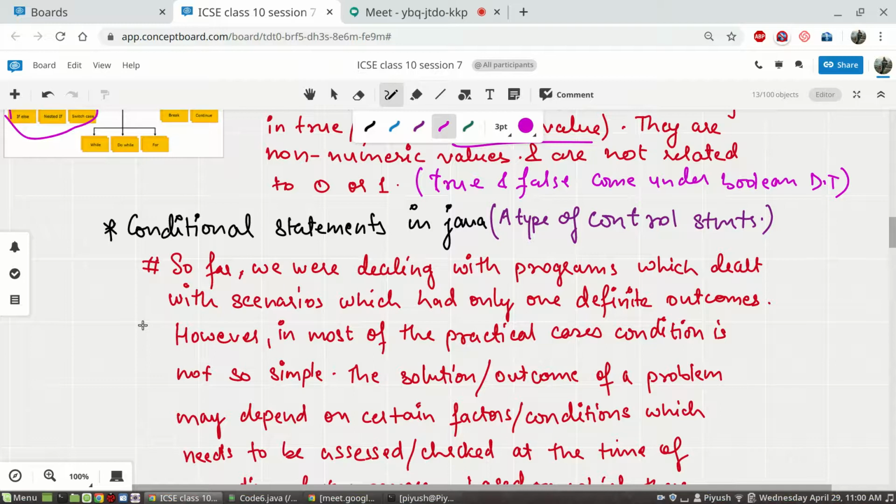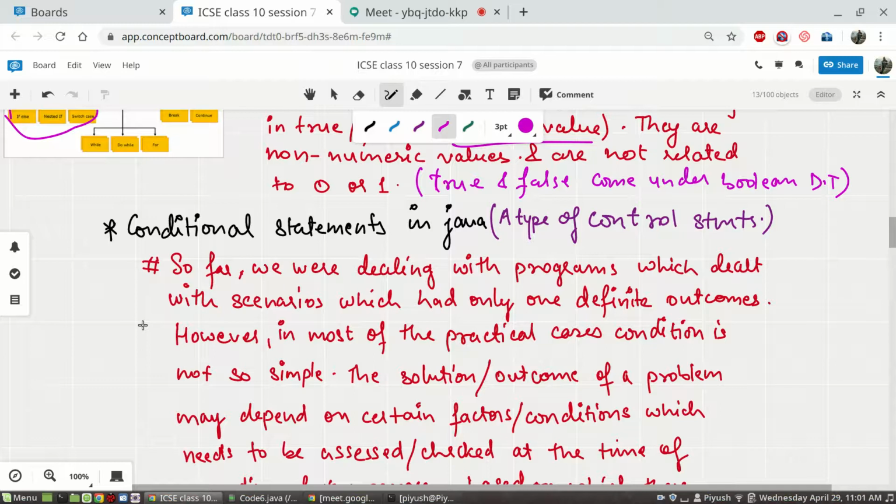Such types of conditions we will not be able to handle with whatever knowledge we have acquired so far, where in order to solve our problem we need to determine certain conditions, and depending on whether those conditions are true or false, or whether they hold or do not hold, you will be doing one action or the other.